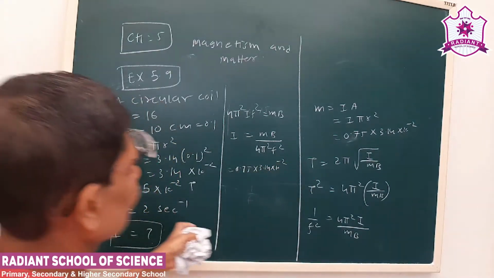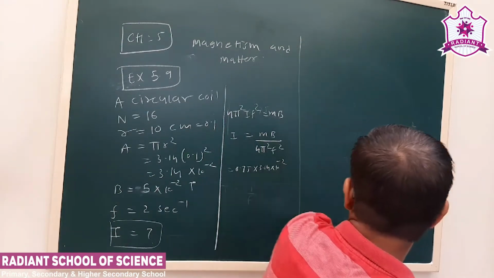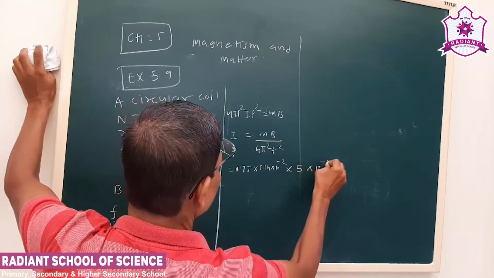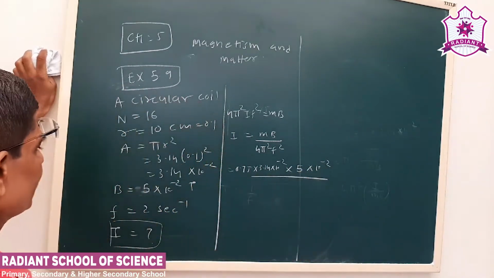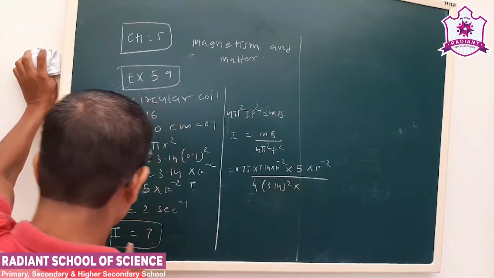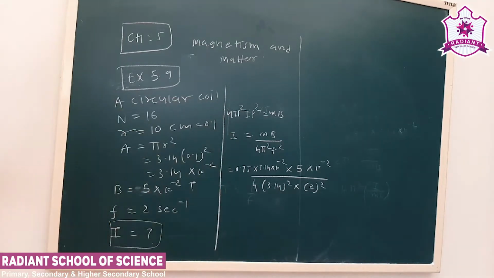The magnetic field is given. Now 4 pi square is 3.14 whole square, frequency is 2 square. So if we substitute these values, we'll get